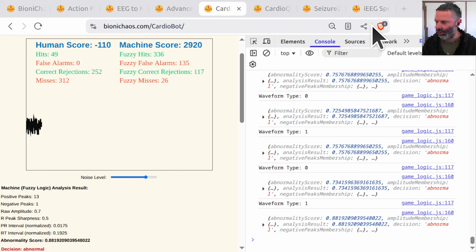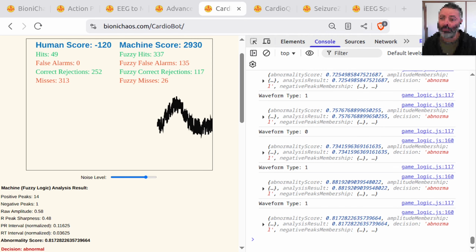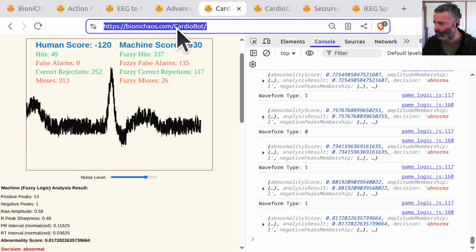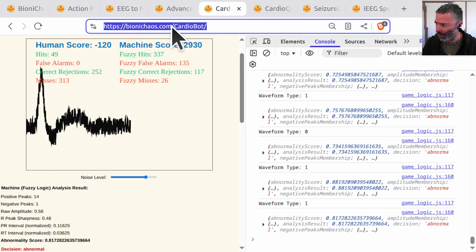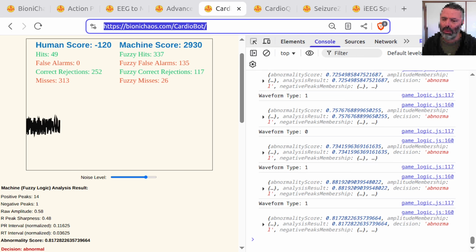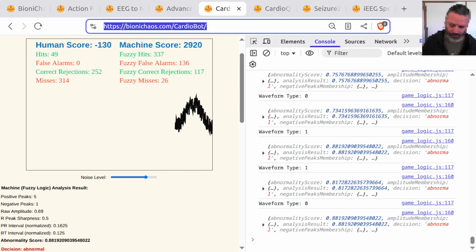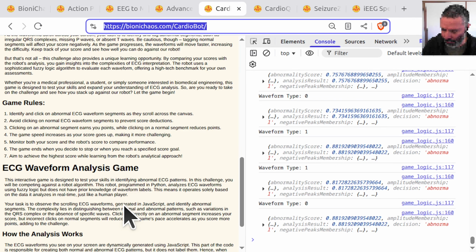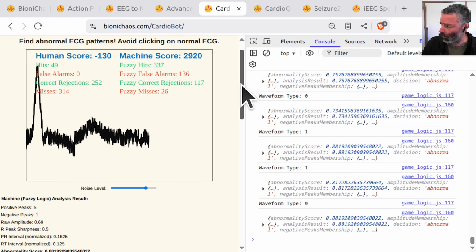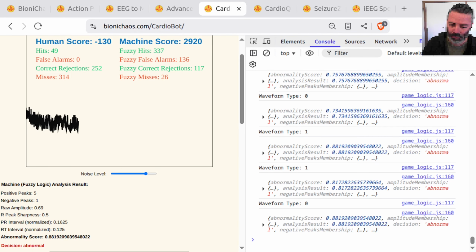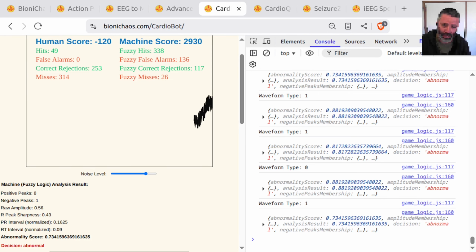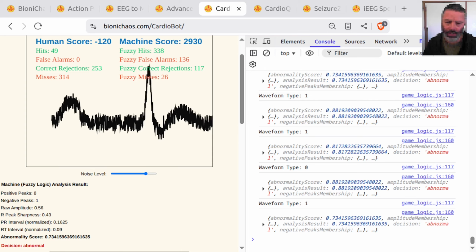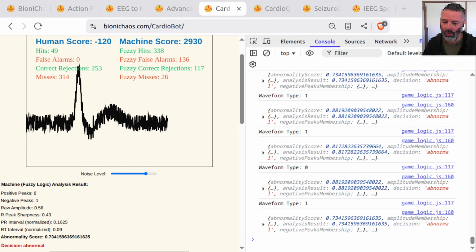Okay, so the code wasn't great. It's not doing very well. First of all, can we actually look at the original web application currently deployed on BioniChaos.com/CardioBot? We want to extract all the features from it. They should be described as text at the bottom of the page. So we want to make sure these are included. And yeah, if you are happy with that, we want to generate a complete text only